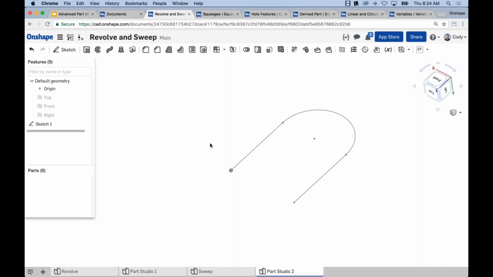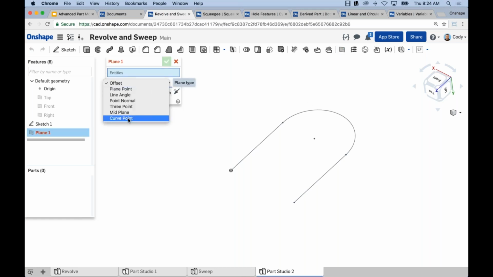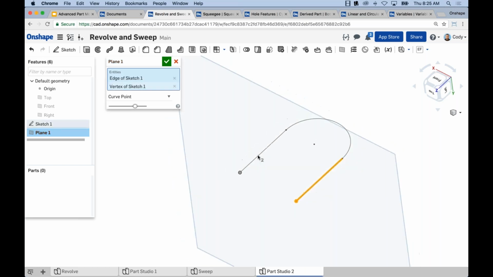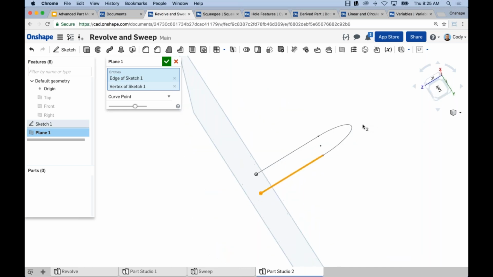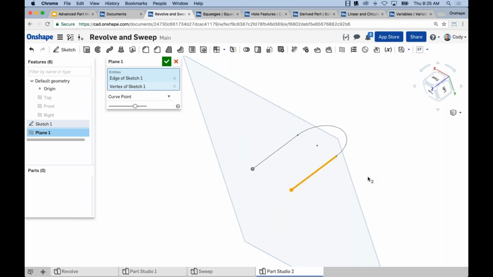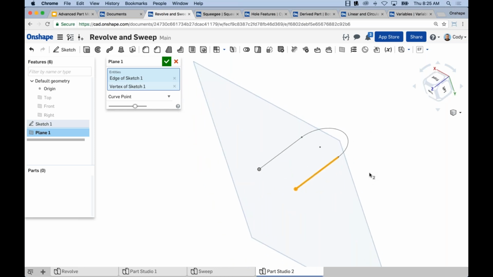So one big tip that I have that's especially useful for the sweep command is inserting what we call a curve point plane. Oftentimes you need to insert a plane at the end of your path, right? So if I choose my curve, the end point of my curve in my path here, I get a plane that's normal to that endpoint. So this is especially important in the sweep command. It just so happens in the example I'm giving you, in this very simple example, there's a default plane right there,